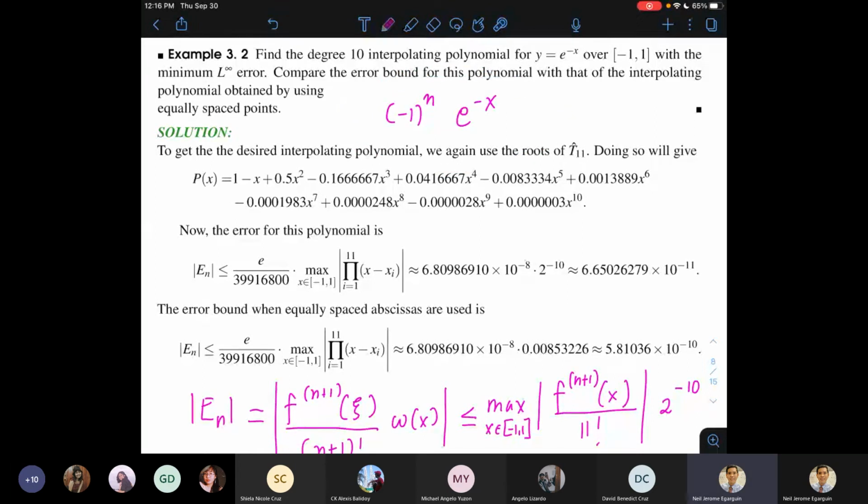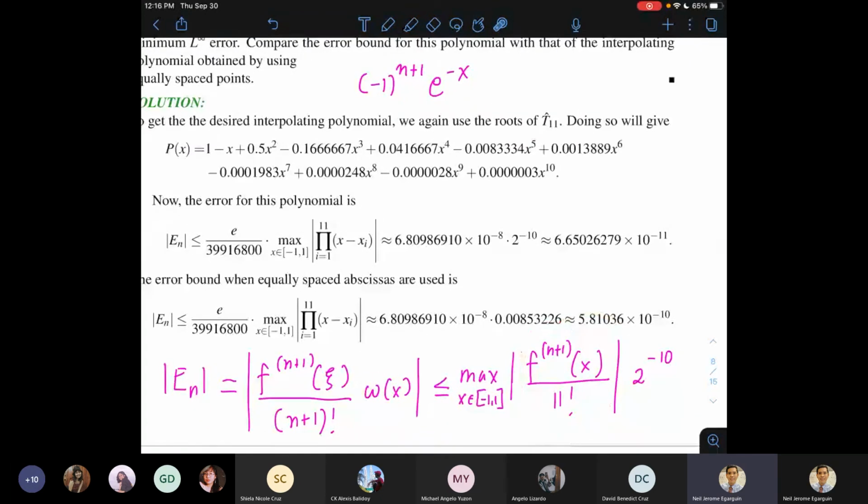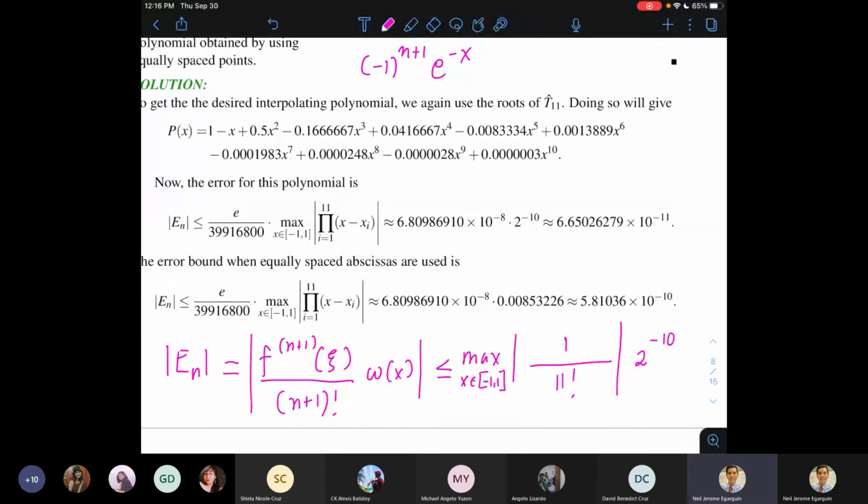So ang n+1 derivative niya ay ito. Or actually, yung n+1 derivative naman ay nandoon sa loob ng absolute value. So ibig sabihin, hindi na nagmamatter itong alternating sign kasi kukunin ko naman yung absolute value. So kunin ko lang to, e to the negative x. Alright? Or pwede itong isulat na nasa denominator, 1 over e to the x.